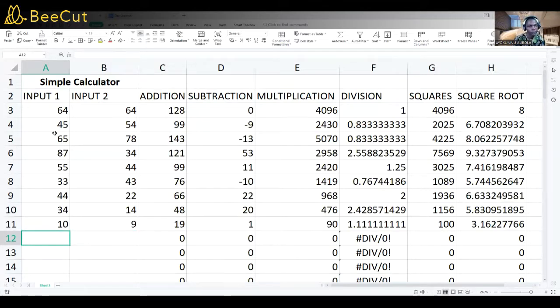As soon as you drop, just type any number, and it's going to perform all these operations automatically. So that is what I want to cover in this tutorial,